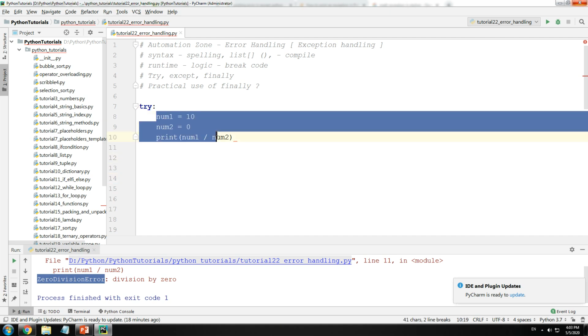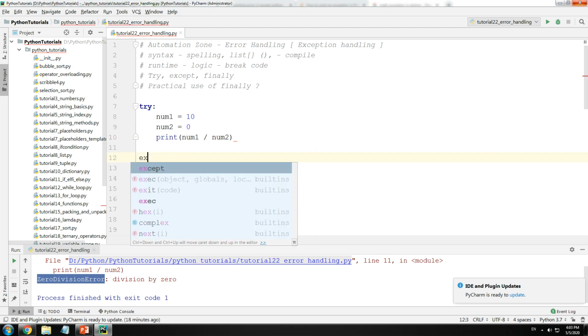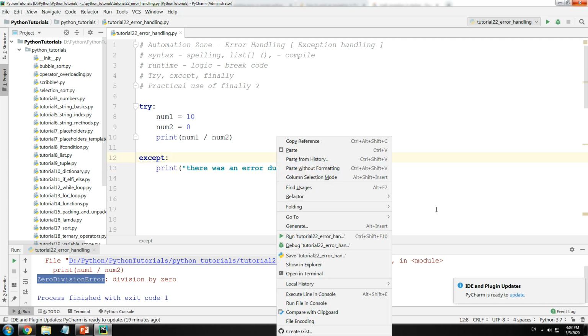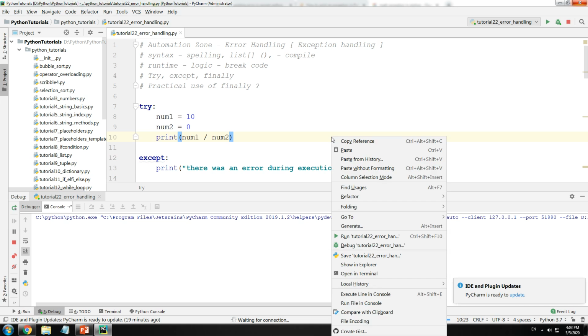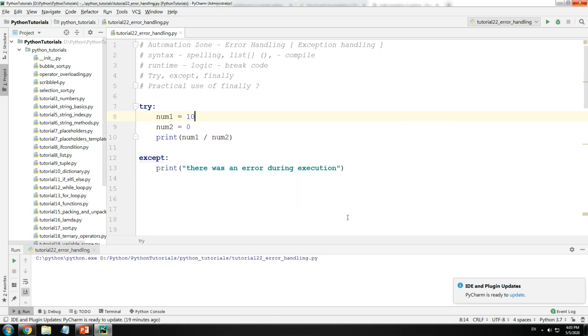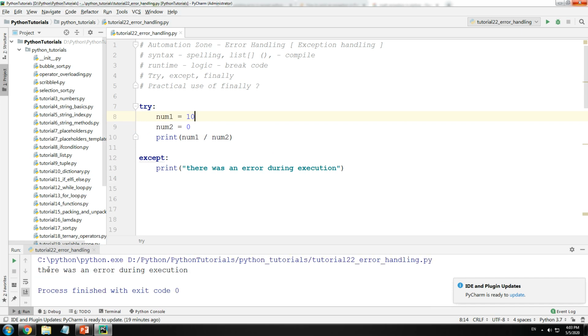If there's an error in try, it has to go somewhere, which will go in except. So in except, let me go ahead and print there was an error during execution. Let me run this. Now you can see here there was an error during execution.